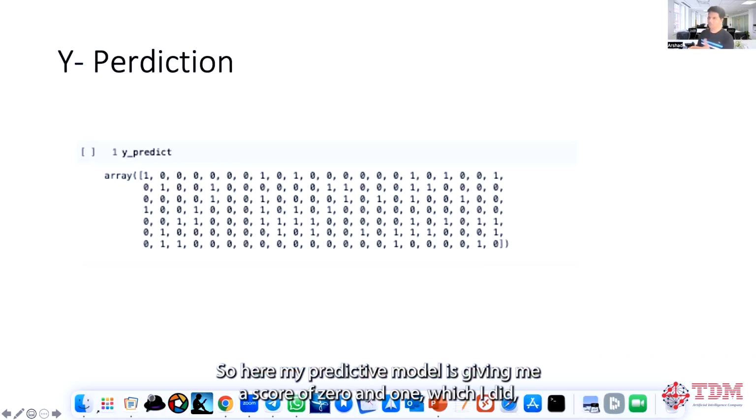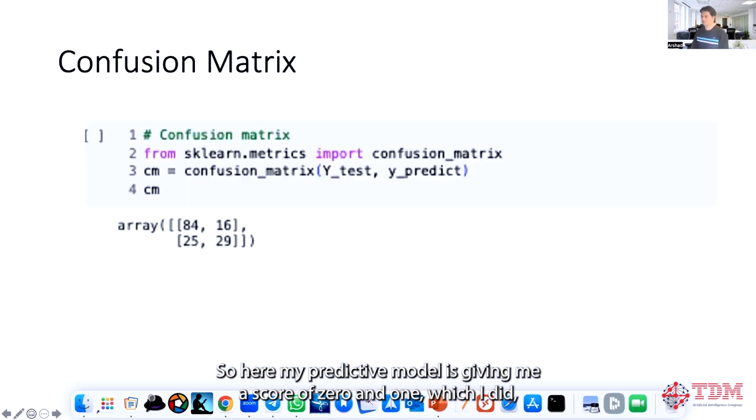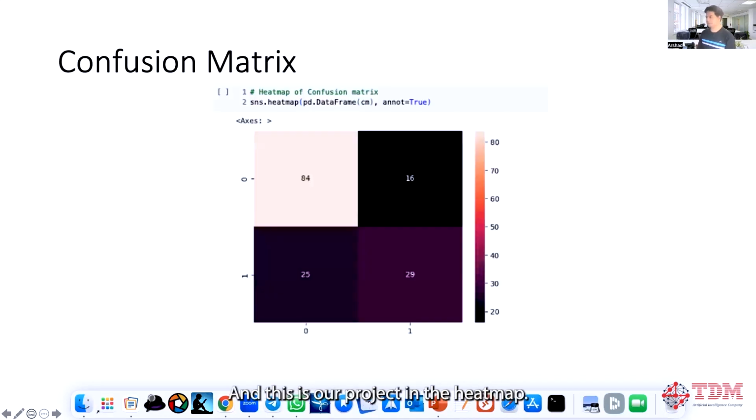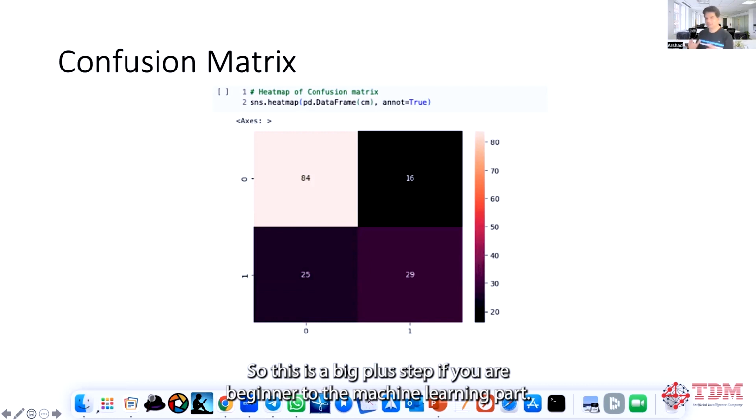Here, my predictive model is giving me a score of 0 and 1, which I did. And this is what my confusion matrix brought in. 84 have disease, 29 do not have disease, 16 and 25 are in between. What possibility of having disease or not having. This is how I plot it in the heat map. So this is a big first step if you are a beginner to the machine learning part.